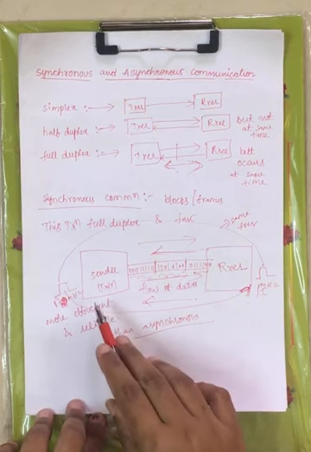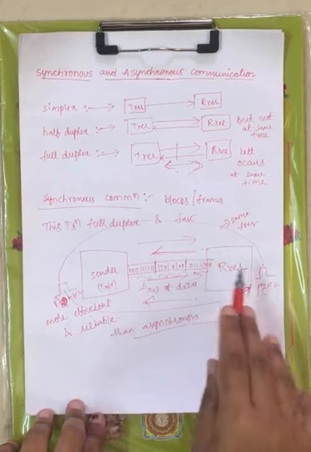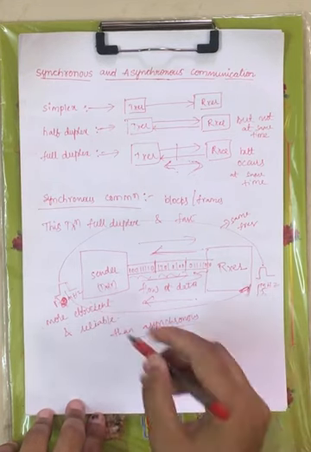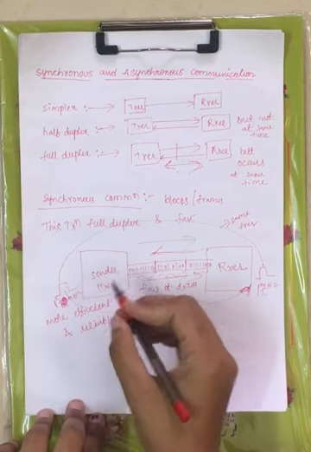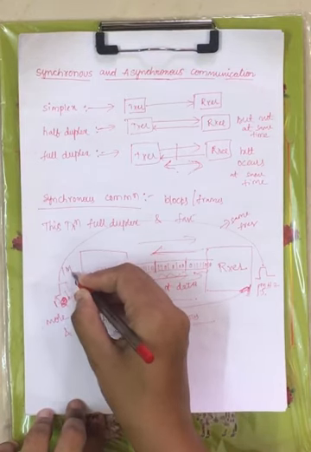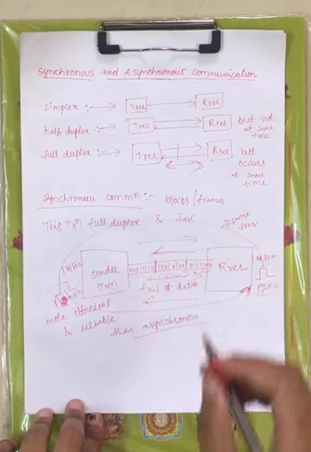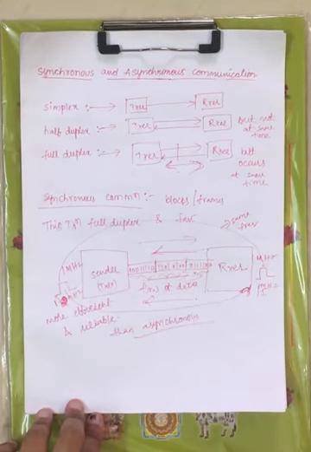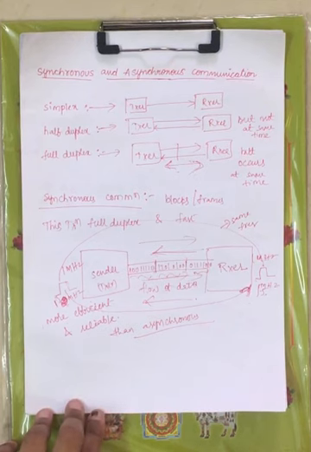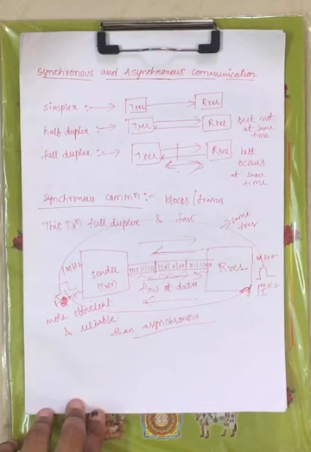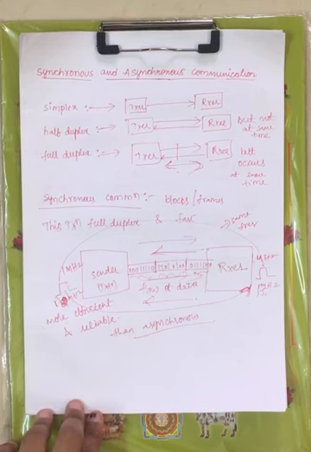The sender will have a clock signal and the receiver will have a clock signal. If the clock frequency of the sender clock is 1 megahertz, the same clock frequency should be maintained by the clock at the receiver, then only we can say that sender and receiver are under synchronization. Under synchronous communication, both transmitter and receiver should maintain synchronization, that means the clock frequency should be the same.